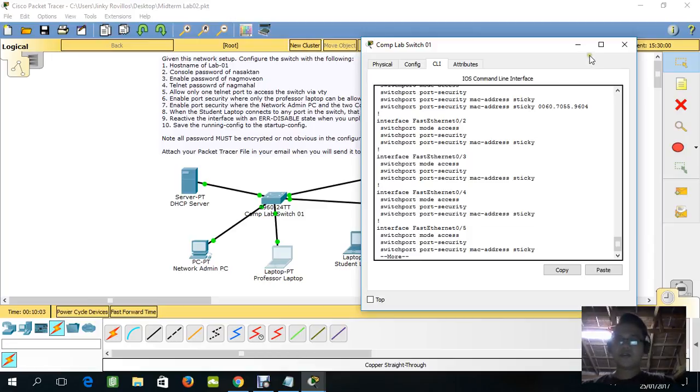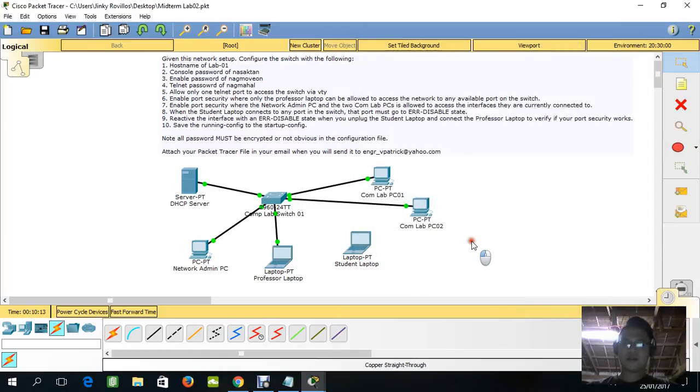So first I'm going to show you FastEthernet 4. I'm gonna connect it to 4. Then let's wait.